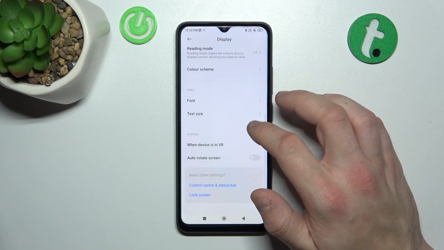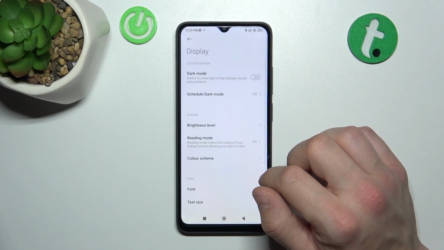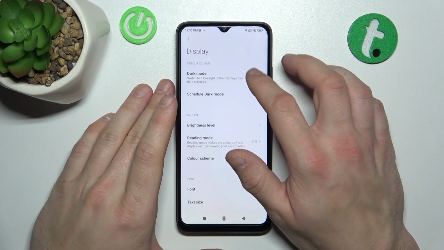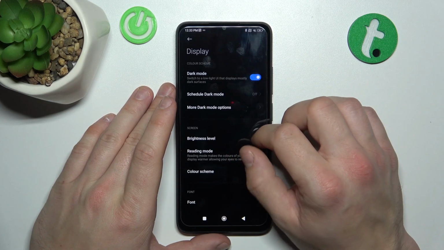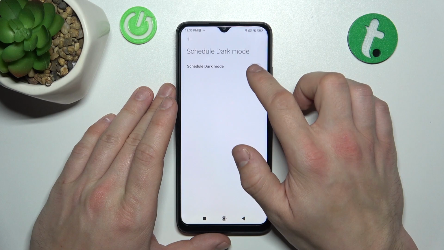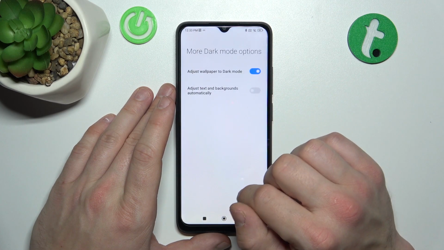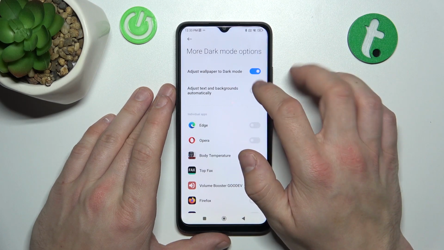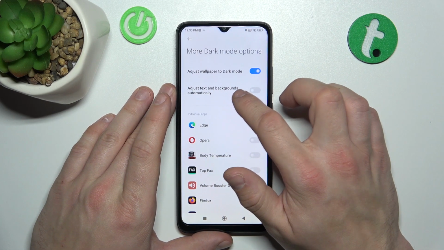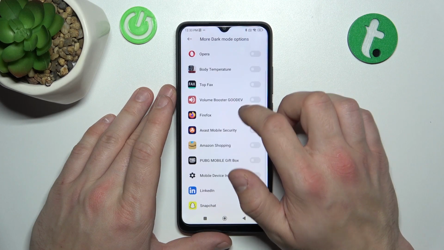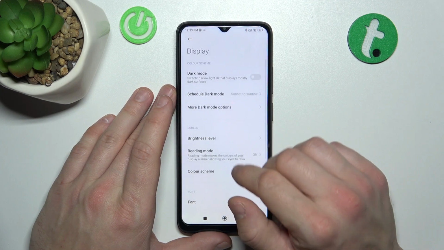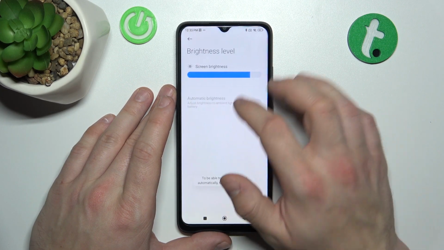Right here we've got all settings for our display. Let's start with the top of the list where we can enable or disable dark mode. Then we can schedule it. And in dark mode options, we can adjust wallpapers to dark mode, adjust text and backgrounds automatically, and enable dark mode for certain apps. Then we can change brightness level of the display